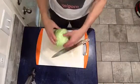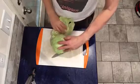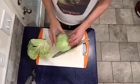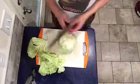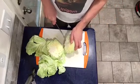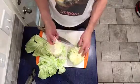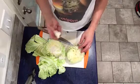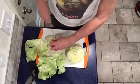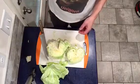Okay, so one thing you want to do when you start this is you have these big leaves, of course, that's what cabbage has. And you want to hold on to at least a couple of these leaves. What I do when I cut my cabbage is I go right through the heart like that. And then I take this little heart out right here, and sometimes I'll eat that. Pretty good. Very sweet. But I don't know, maybe you can actually use that. I guess from my experience working in a restaurant for some time, we always just chuck that. So, anyway,